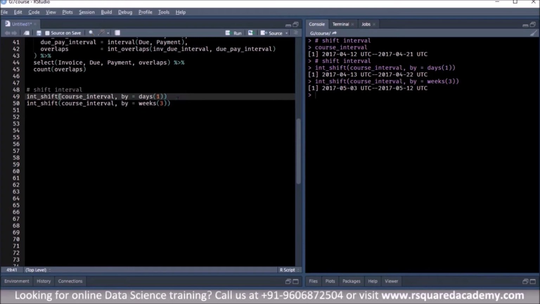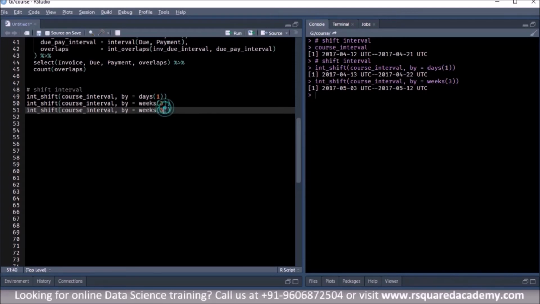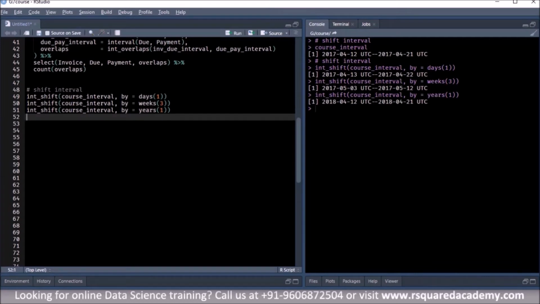Let us just look at one more example where we'll use the year, right? So instead of 3 weeks, we are moving it by 1 year. Right, so now you can see the year component has changed. It was 2017 here, it has become 2018, right?